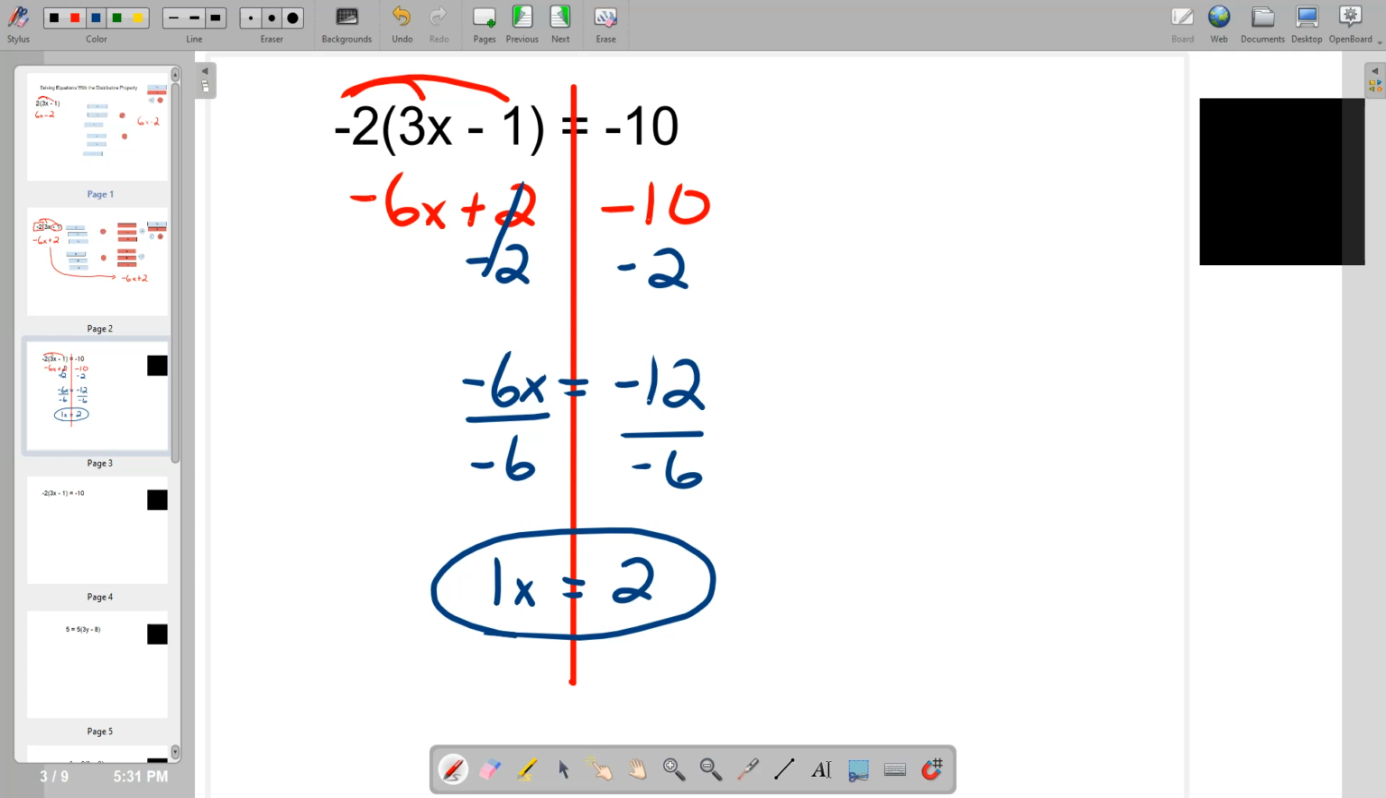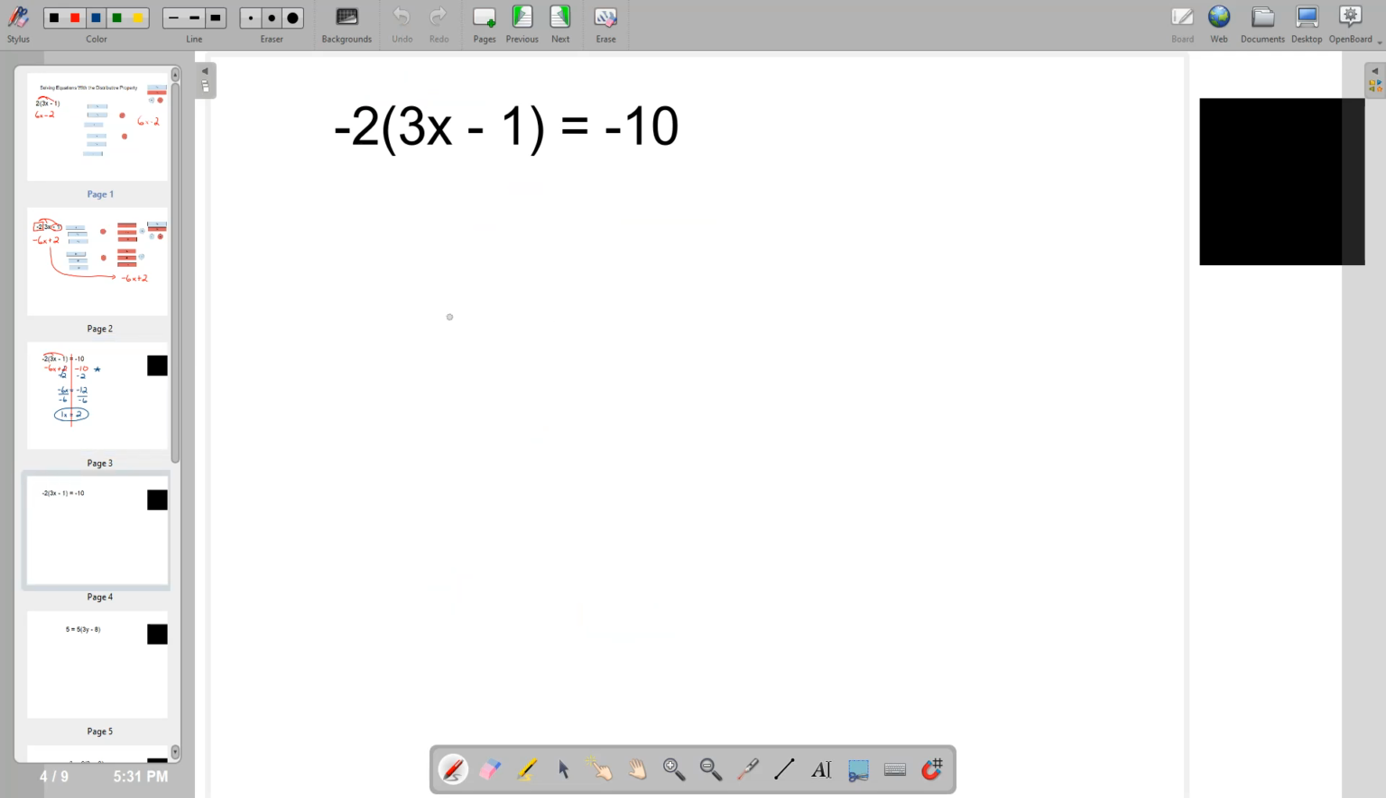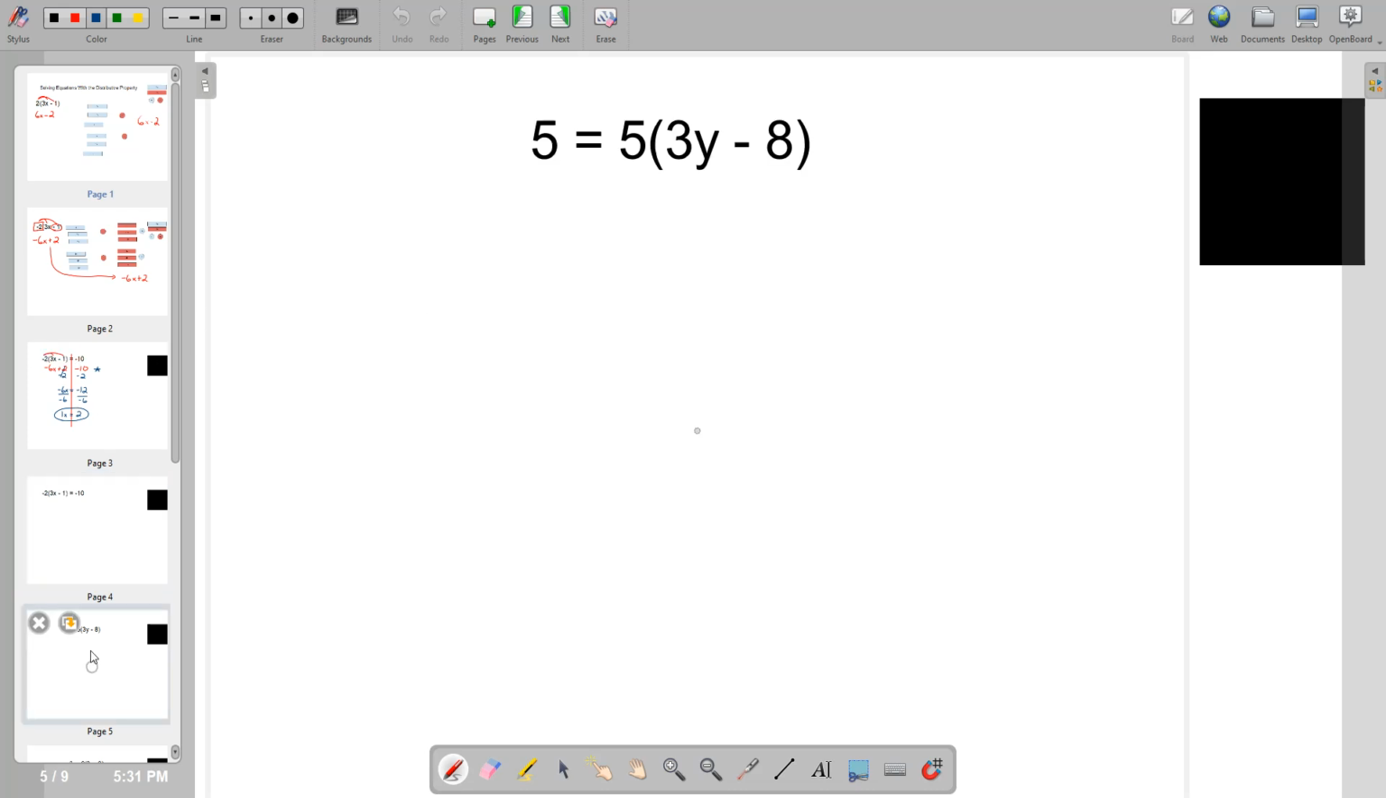So to recap, we do the distributive property like we learned in our previous unit. And once we have the distributive property done, now this is exactly the same as what we've been solving before. Let's see if we can do 2 more examples here before we run out of time. I think we've already done this problem, so we're going to go down to the next one here, which is